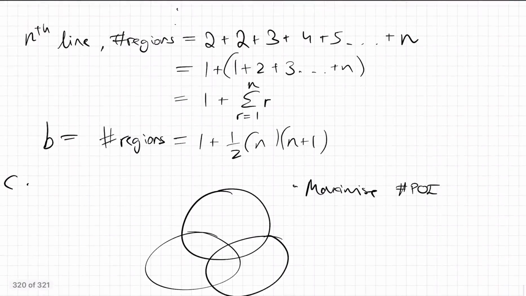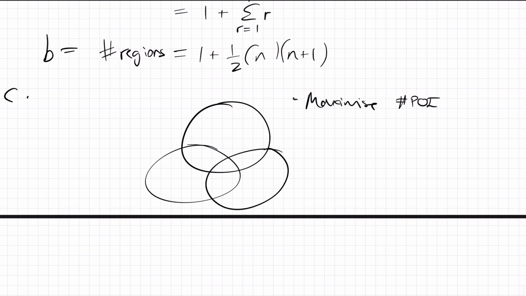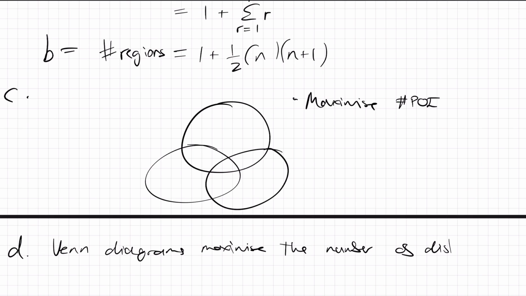What does it tell us about Venn diagrams? So clearly, Venn diagrams always maximize the number of intersection points because they never lap over. You never see a Venn diagram which has 2 circles touching. They always maximize the number of intersection points. And therefore, Venn diagrams, by maximizing the number of intersection points, they maximize the number of regions, the number of distinct regions,